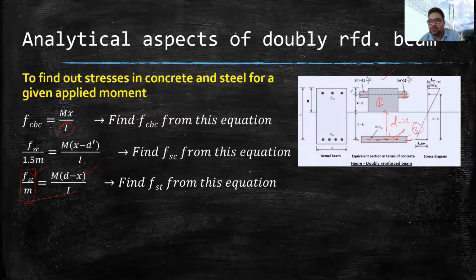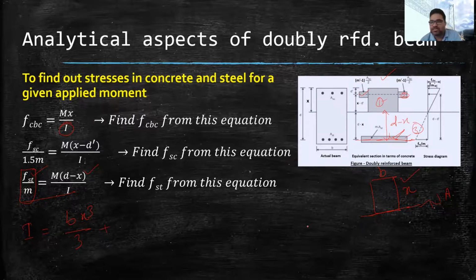So the moment of inertia of one part, as you can see, is a rectangle, and this is the neutral axis. So we are supposed to find the moment of inertia about NA. As you can see, this is a rectangle. The moment of inertia of a rectangle about its base: if the width is B and the depth is x, then I will become Bx cube by 3 in this case.